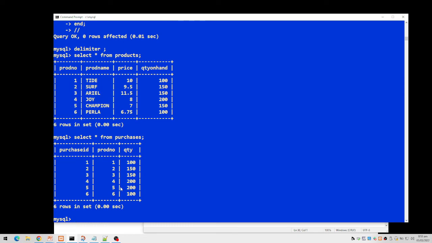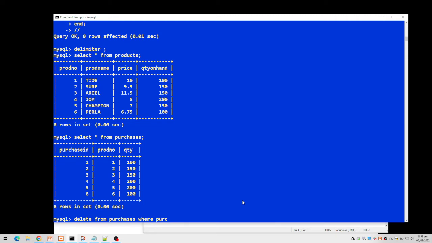So we'd like to delete purchase ID number 2, where purchase ID number 2 also contains product number 2. So originally we have here 150. So what if we delete from purchases,